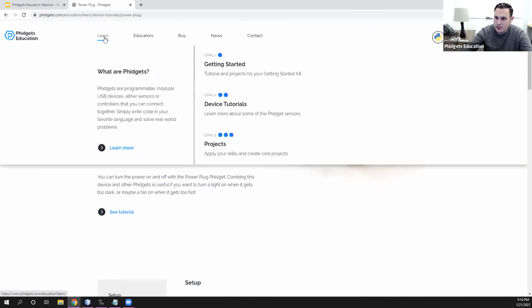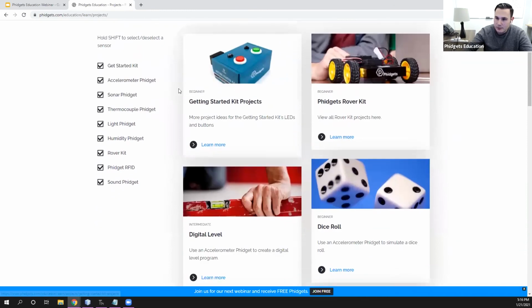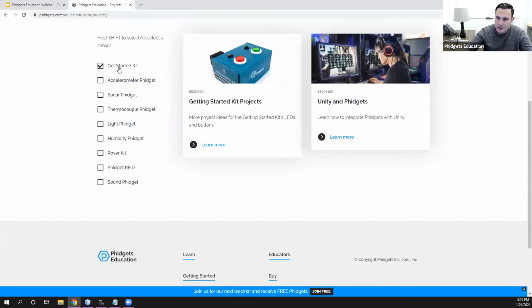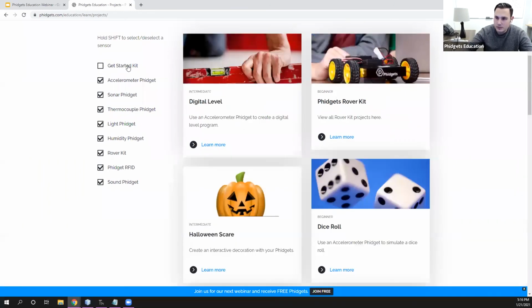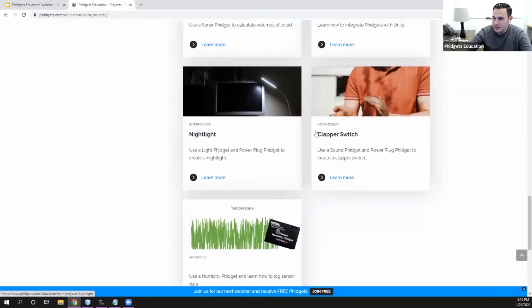And then for projects, we go to projects here and we scroll down. Right now it's not in this list here, but it will be very shortly. And you'll be able to select it by, if you hold shift and you click on the device, you can kind of isolate it. So it'll be there fairly soon, but for now we can just scroll down and take a look at it. So we have the Nightlight project here, you can open that, and the Clapper Switch project